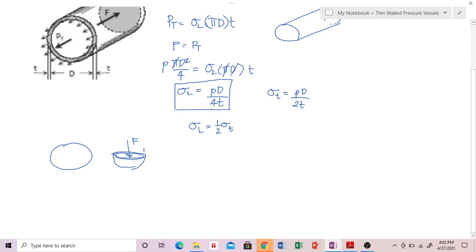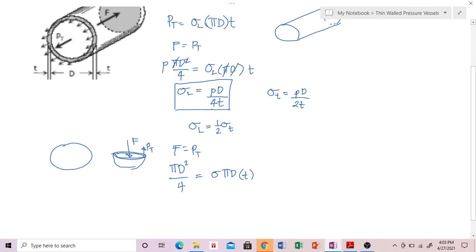So, let us consider this as force P sub T. F is equal to P sub T. F is the pressure times the area, circular area, pi d squared over 4, considering d as the diameter of the spherical vessel, and then P sub T naman is the stress of the spherical vessel multiplied by the area, which is the circumference multiplied by the thickness of the